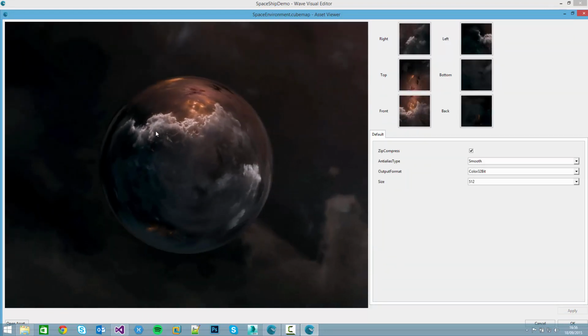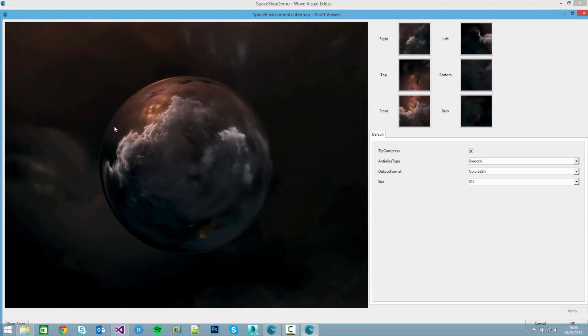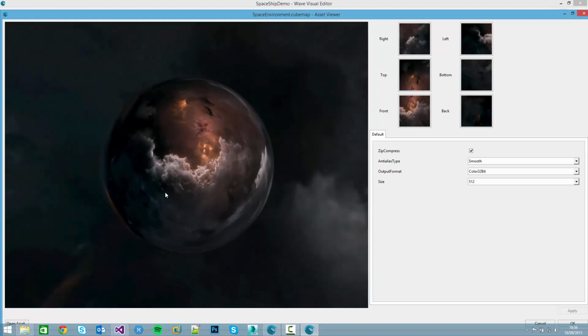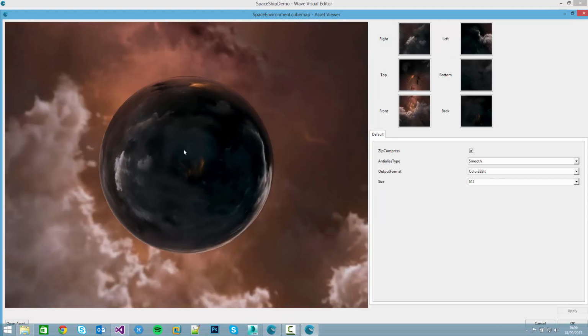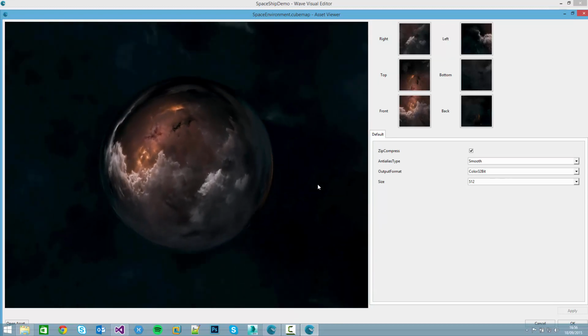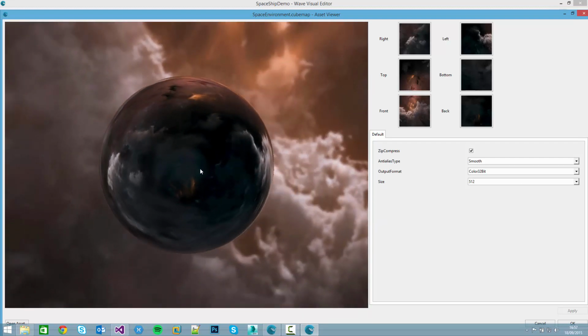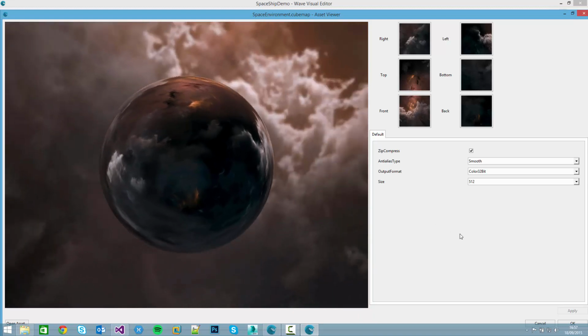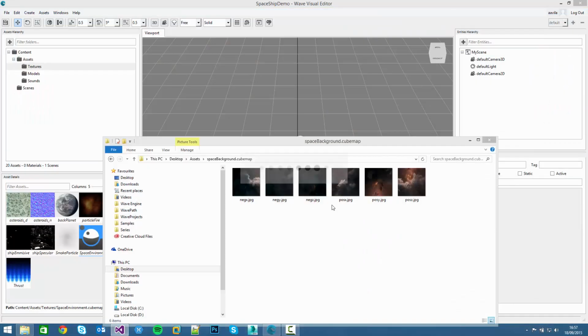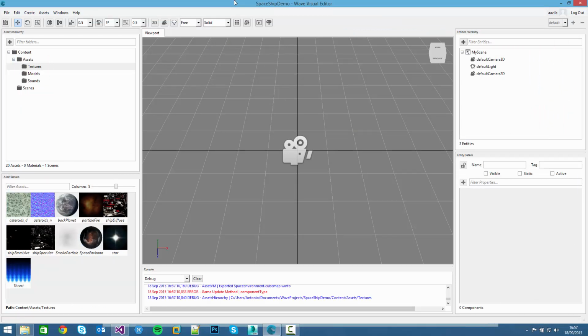So here we have a complete background cube map and a reflection sphere. Really interstellar-ish. So okay, let's click the OK button. We can see here the pre-visualization. And let's add the other cube map,